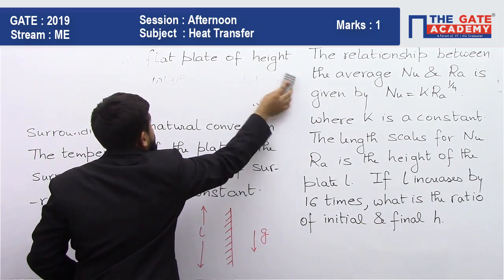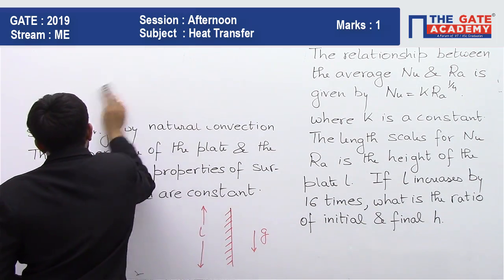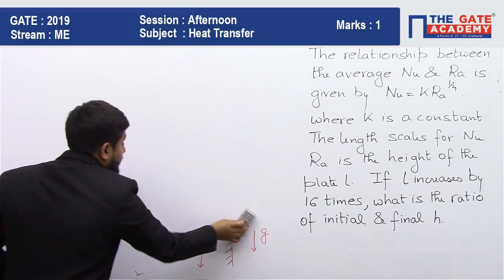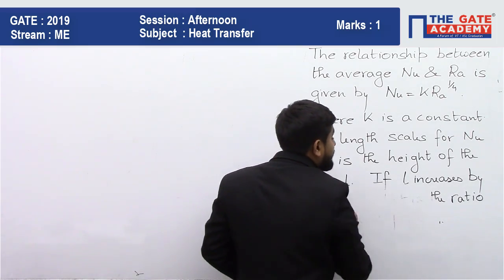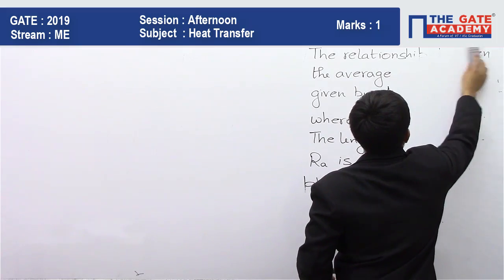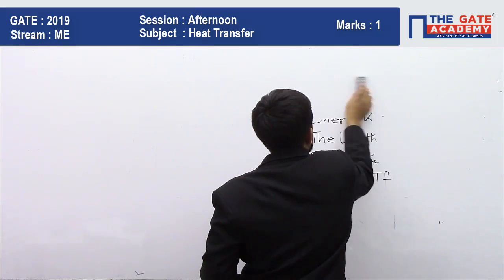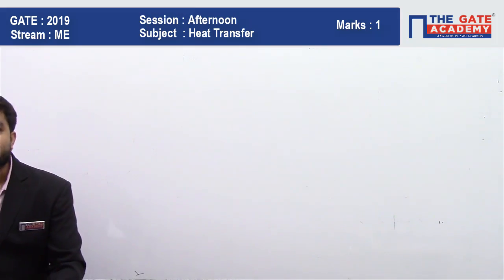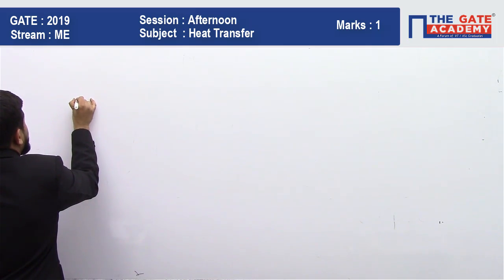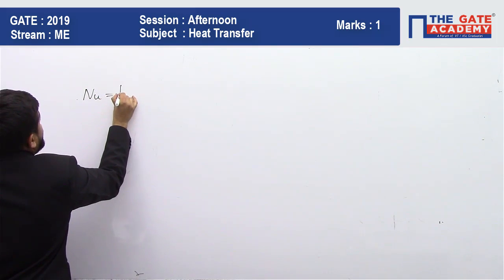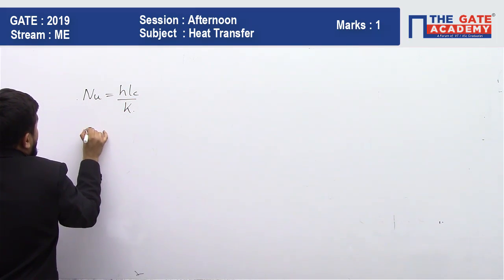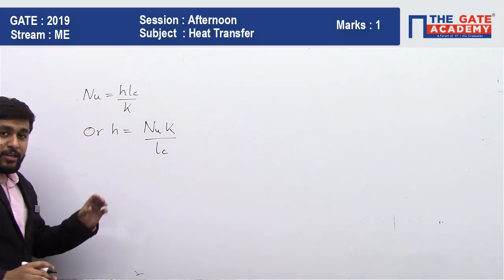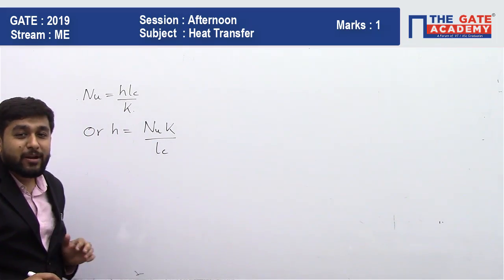So basically this is a one-step question only. We need to realize that Nusselt number is dependent on 3 by 4th power of the characteristic length. And Nusselt's number can be written in form of coefficient of convection also. How? H L_C by K is equal to Nusselt number, or H is equal to Nusselt's number into K by L_C. So from this we are going to find out the ratio H1 by H2. What I am trying to say is that Nusselt's number is equal to H into characteristic length by K, or H is equal to Nusselt's number into K by characteristic length. K is not the constant mentioned in the formula. K is the thermal conductivity.